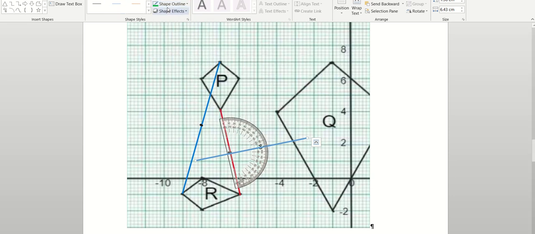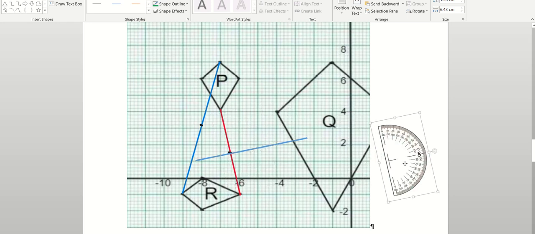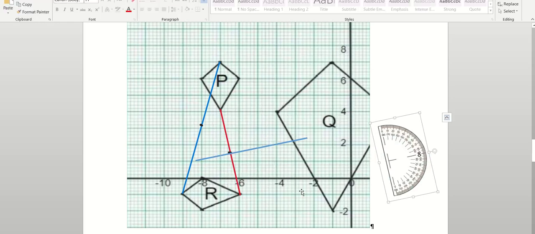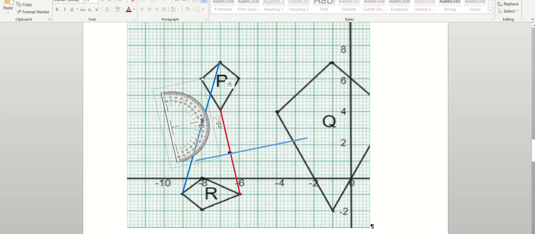And I will use blue to denote that that is your perpendicular bisector or your perpendicular line to the red line. So this line here is perpendicular to my red line. And then you're going to do the same thing for this blue line. Right, let's just fix it a little bit better. Right? So then